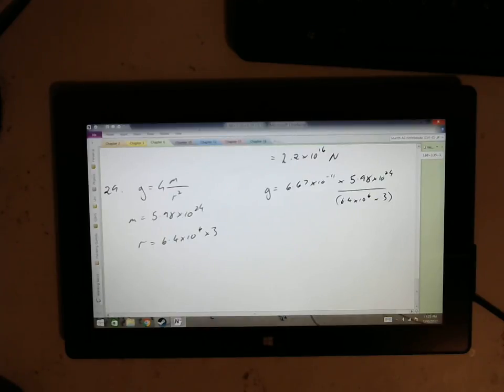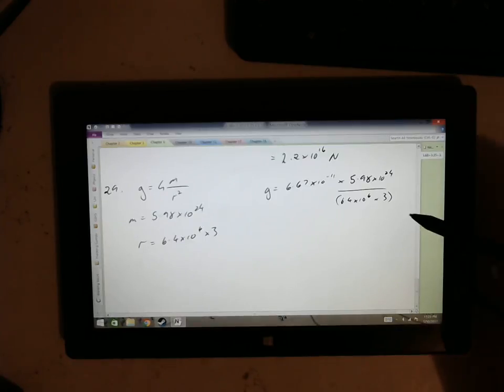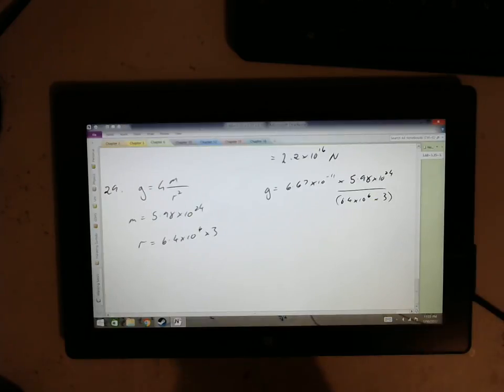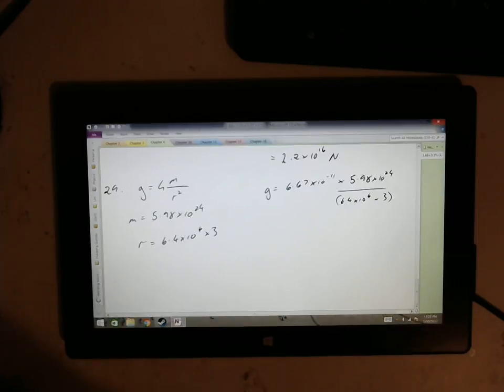I'm going to divide that by 6.4 times 10 to the power 6 times 3. Let's see, times 6 times the power 3 will give us 10 to the 7. 24 take away 7 gives 17, which matches what I've got here. Great. Times 6.67 times 10 to the power of negative 11 gives us,